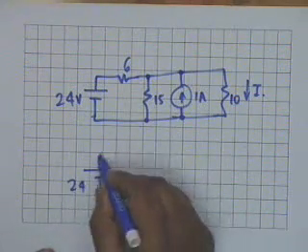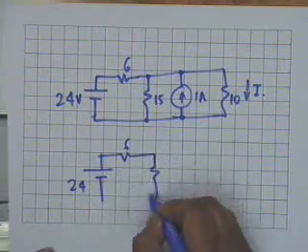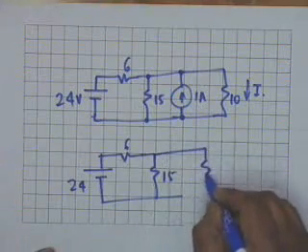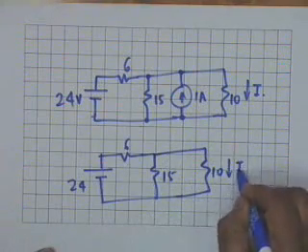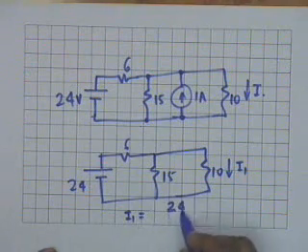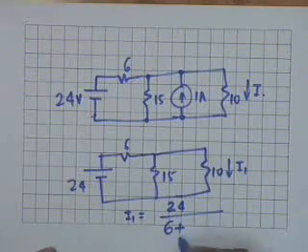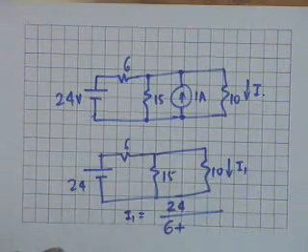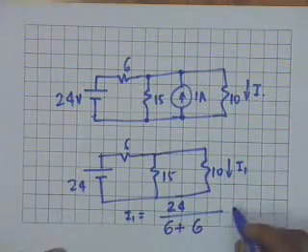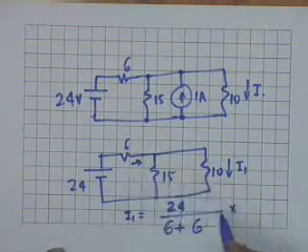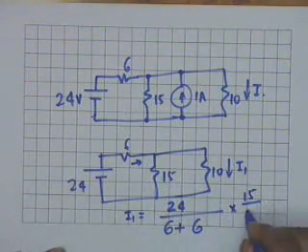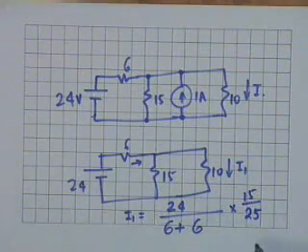One is 24, 6, 15, the 1 ampere source is killed, so it's opened, and then you have a 10 ohm, and this current is I1. Obviously I1 is equal to 24 divided by 6 plus, what is the parallel of 15 and 10? 150 over 25, that is also 6, multiplied by this current divides into two resistors, 10 and 15, so 15 divided by 25, which